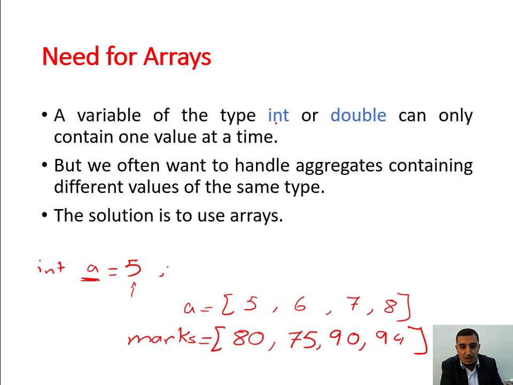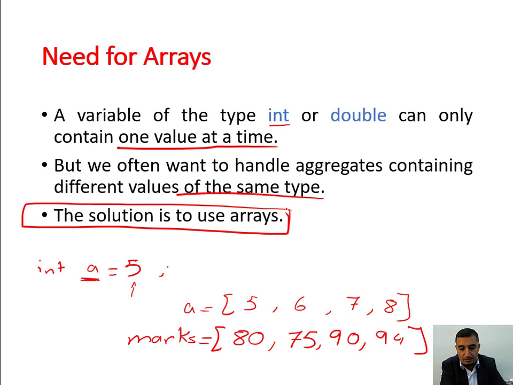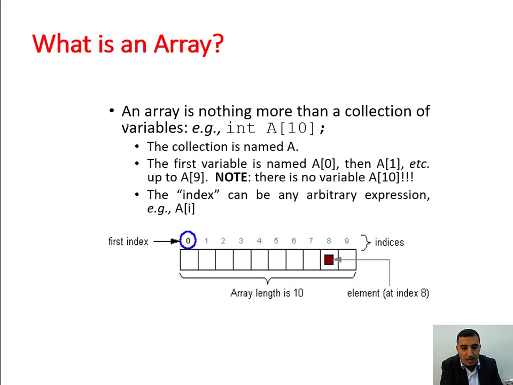So a variable of type integer or double can only contain one value at a time. But we often want to handle aggregates containing different values of the same type. The solution is basically to use arrays. Now, an array is nothing more than a collection of variables. So we say integer a between 2 brackets 10. When we say integer a[10], then we have defined in the memory